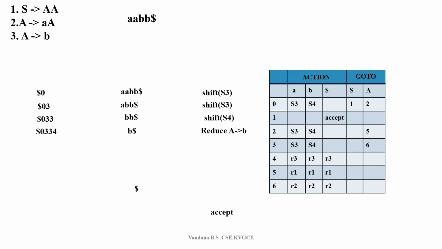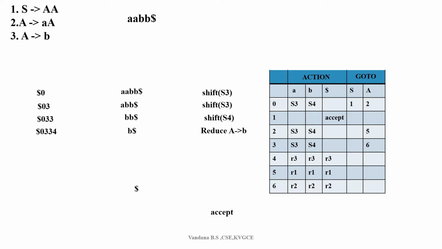On the right hand side, what is the length of that particular production? Only 1, right? A derives B, the length is 1. Now what do we have to do? We have to reduce whatever we inserted. We are inserting the state numbers, which implies something like A, B. Right now I'm pointing to the second B, and I'm going to reduce the previous symbol encountered. What is the previous symbol encountered? That is B, so B is reduced to A. That is the meaning here. A derives B, so on the right hand side there is only one symbol. Therefore, we just pop one symbol from the stack.